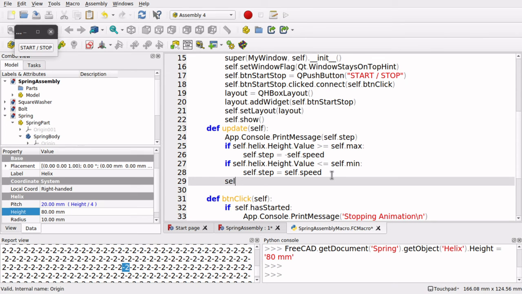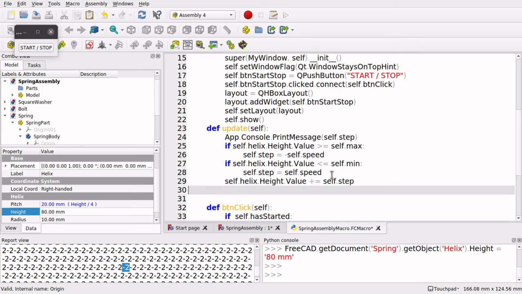So we do that by self dot helix dot height dot value, and we use the plus equals self dot step, and we need a refresh in here. So